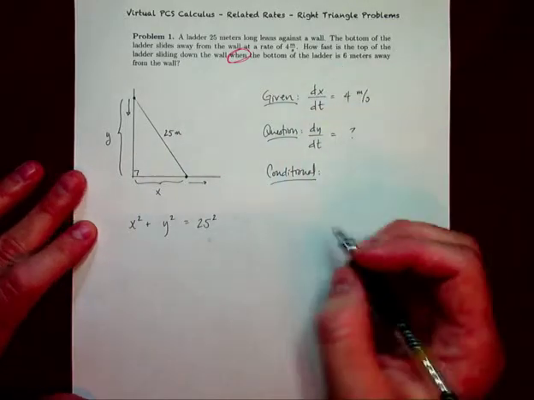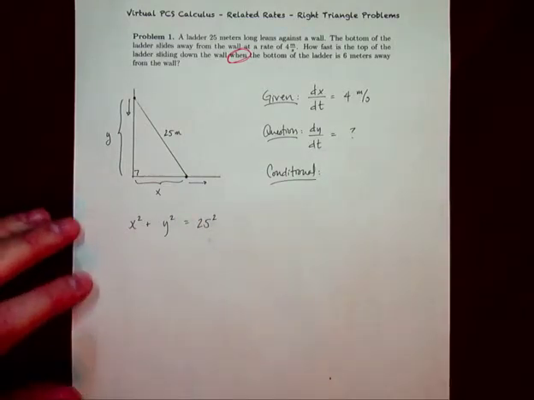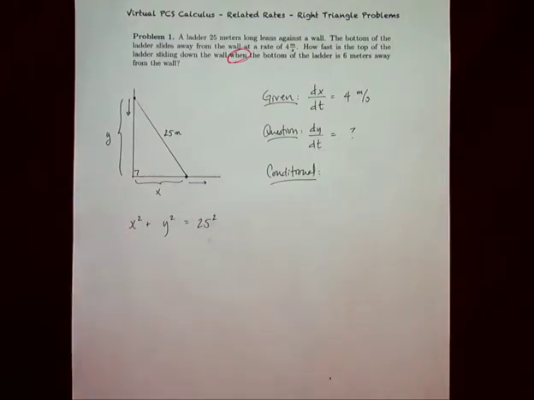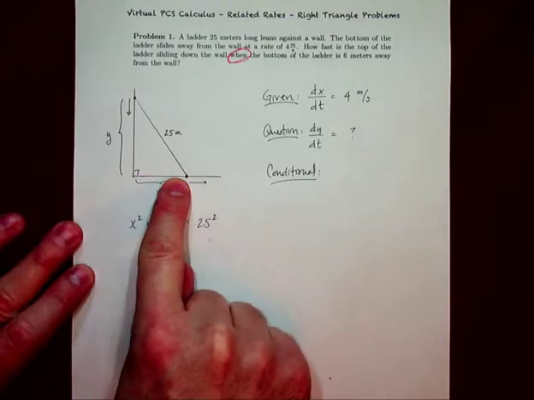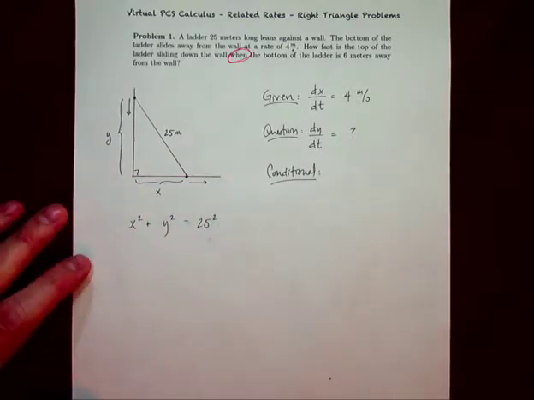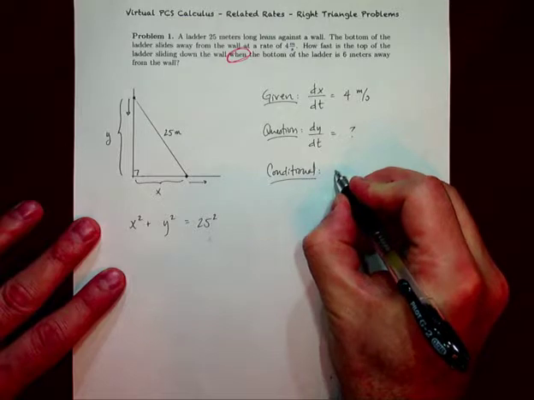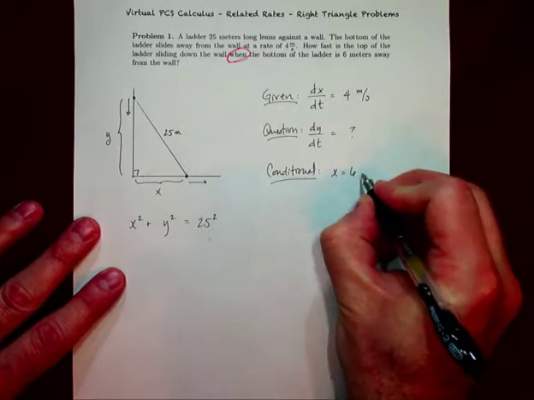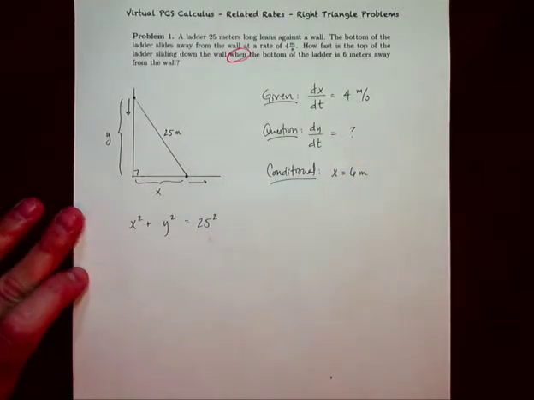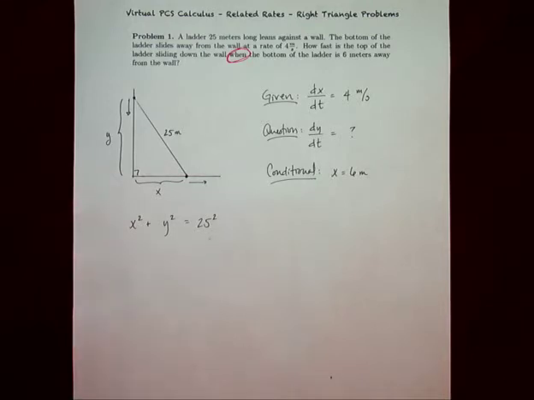And so basically it's asking, as this scenario takes place and the bottom of the ladder slips away, I take a picture, boom, and at that moment, what is my dy/dt when x is equal to 6? Okay, well, that shouldn't be too tough. But let's go ahead and